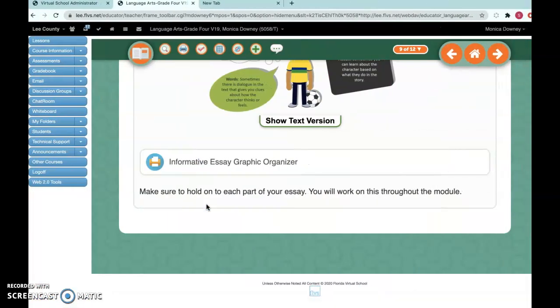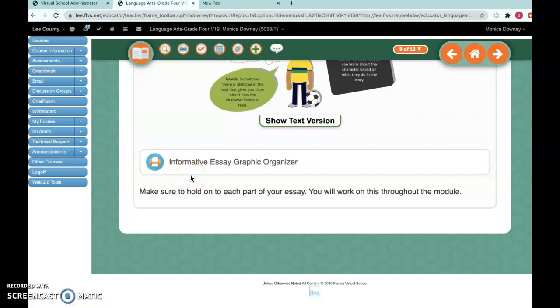This video is going to teach you how to open a document from your lessons, download it into Google Drive, use a program to write on it, and then have it saved so you can upload it for an assignment. When you come to a printer icon in your lesson, that means that this is a worksheet that you should